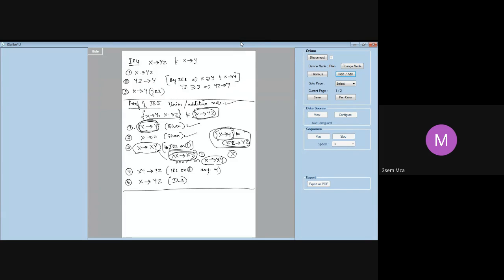Same way I will try to work out. I will try to apply augmentation rule on second, whatever is given to us. X determines z. So I will try to apply augmentation rule. That means I try to add some attributes on both the sides of x determines z. I am going to add y. So if I add y, I will get xy determines yz. That is what I have written here. So 3 and 4 you see, x determines xy, xy determines yz. So you will get x determines yz. This is what we want. That is the proof of IR5.